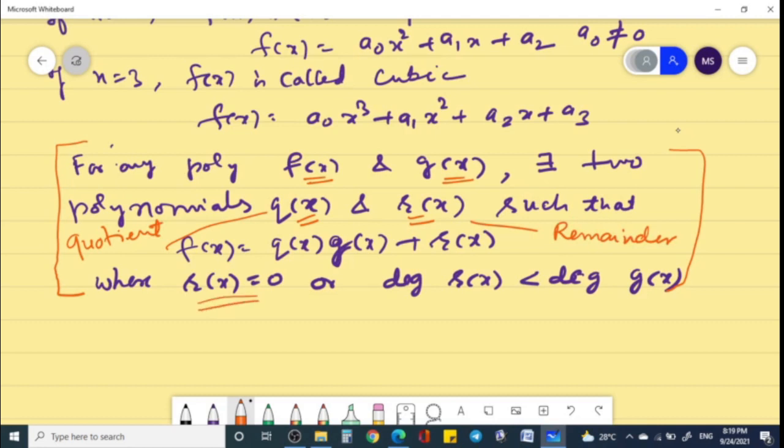Either the remainder polynomial is zero. If r(x) is zero, we say that g(x) divides f(x), and we denote this fact